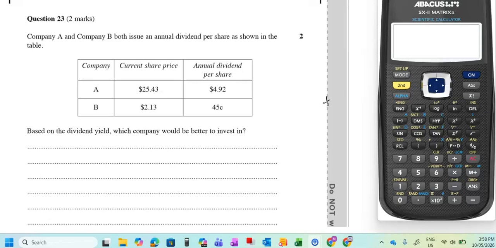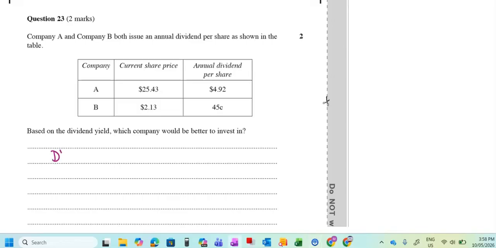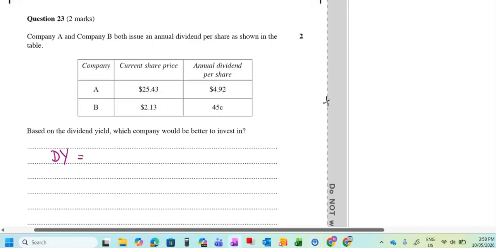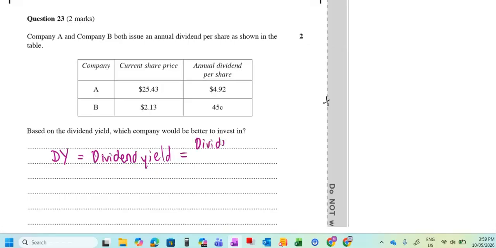Okay, so this question relies on you knowing what dividend yield is. We'll call it DY. Dividend yield equals, by definition, the dividend per share divided by the share price multiplied by 100%. So the dividend yield for A